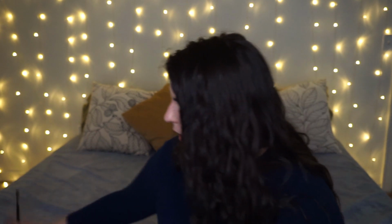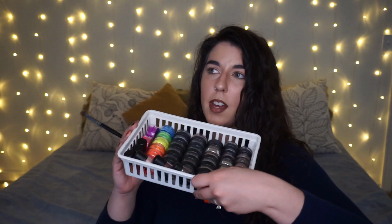orangey range. Now, lately, and more so than anything else, I feel like I really have a lot of greens. I feel like it doesn't look so much like that in here, but I have a lot of greens in this. And even in these loose shadows, predominantly a lot of them are olive-y, beautiful greens, like chartreuses and everything like that. And that's really what catches my eye now, is reaching for and scrolling through and